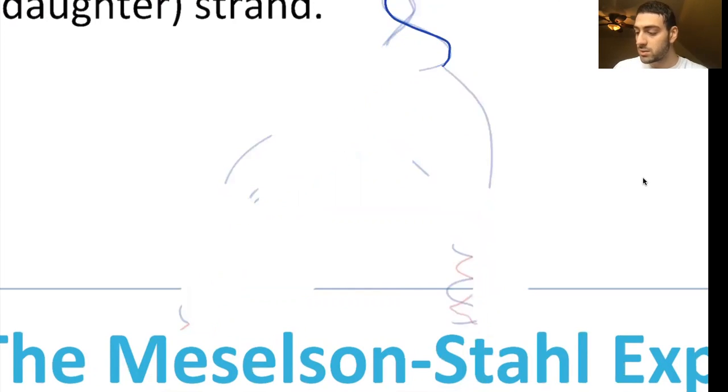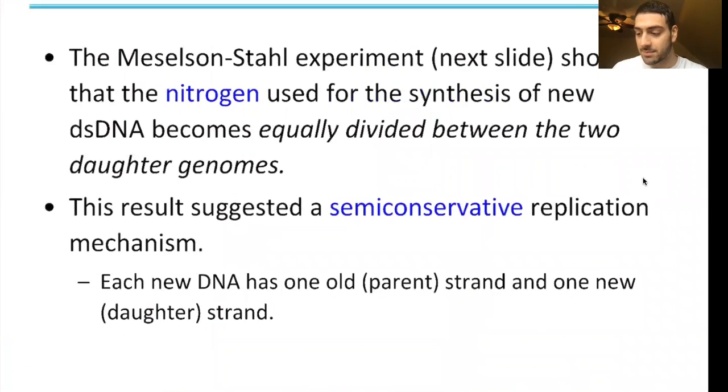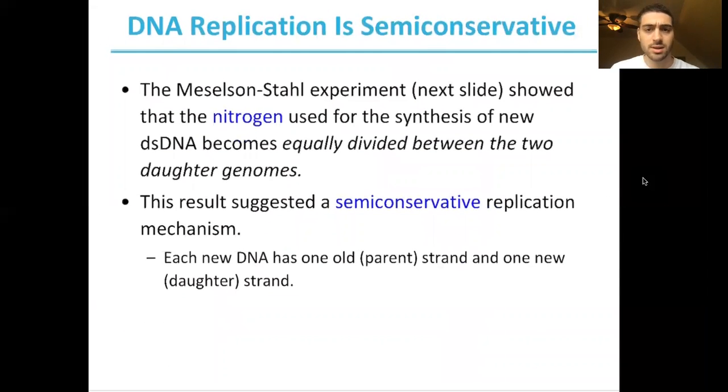So that's what semi-conservative means. So how do you discover that this is actually what happens? How did Meselson and Stahl actually realize that this happened? Well, basically they needed a way to differentiate the parental strand of DNA from the daughter strand of DNA. They needed a way to prove that the parental DNA strand is this and the daughter DNA strand is this. So how did they differentiate between these two? Well, they used nitrogen. And more specifically, they used different isotopes of nitrogen. And they showed here,